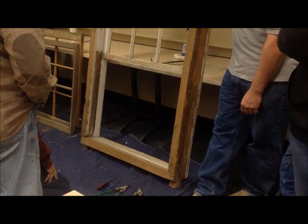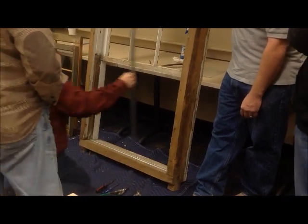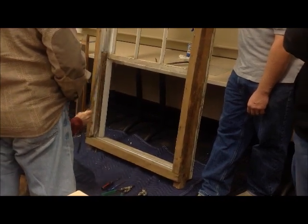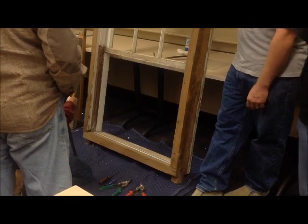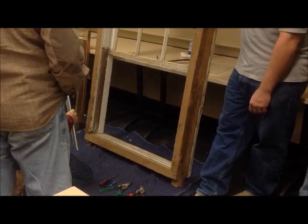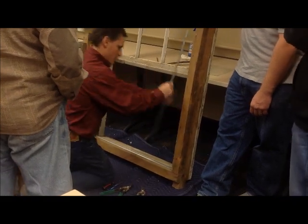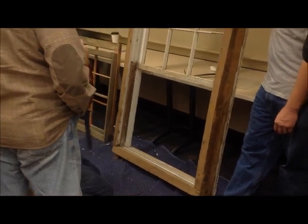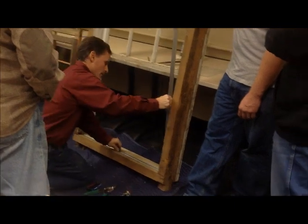Then what I do is decide, if I took both stops off, it doesn't matter. But I could have just taken one stop off, and I don't have to remove one side. I'll show you. So what I did here is I just cut a 45 on the end of that one and the end of this one, so that this will,